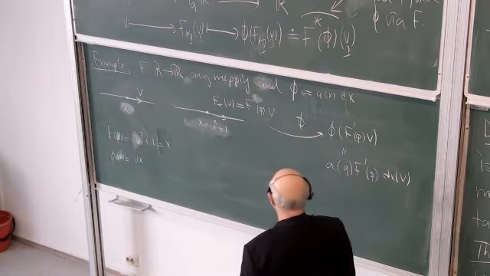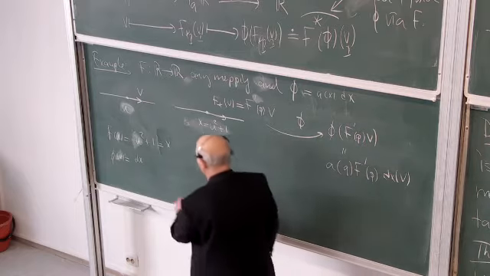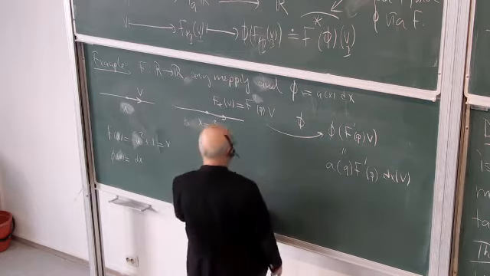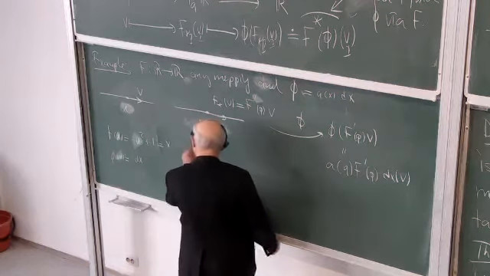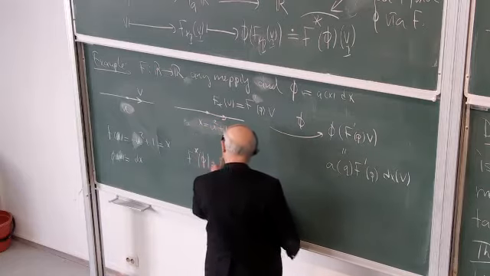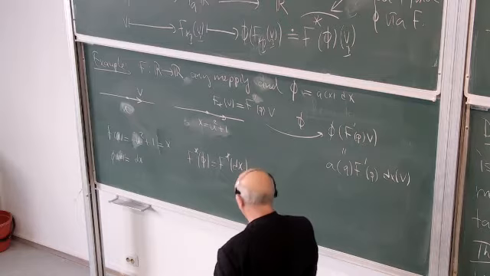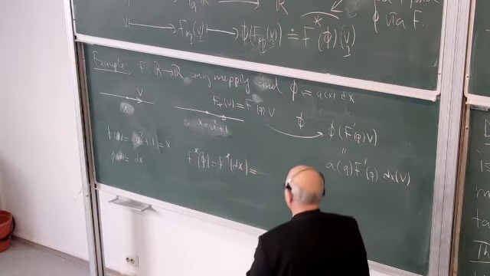And here I have the one form, just dx. So ax is 1. So what is f star of phi? So f star of dx, that is nothing but